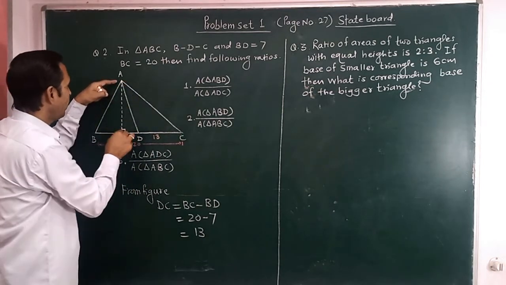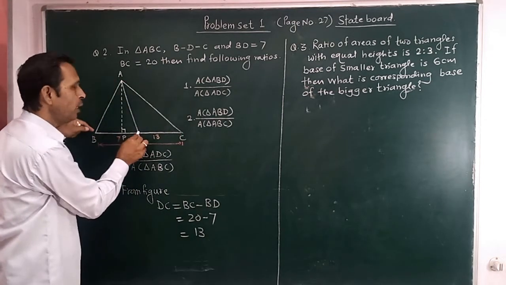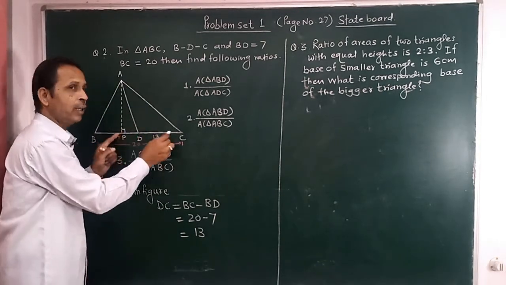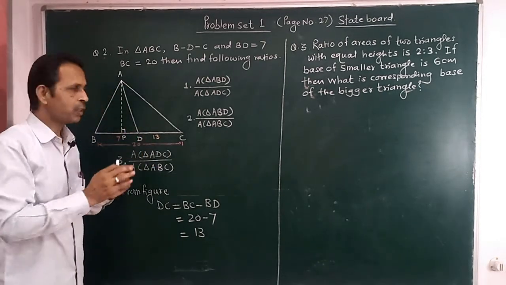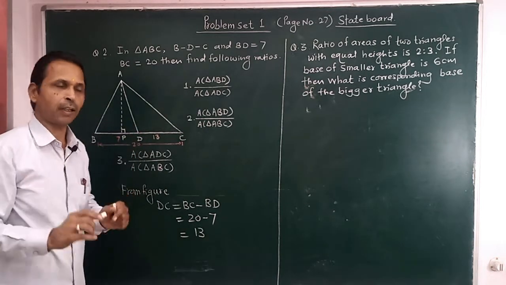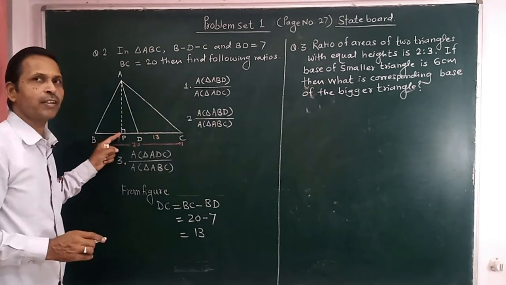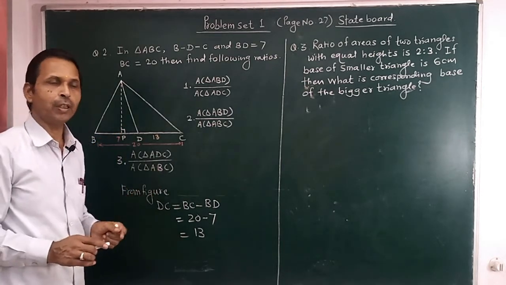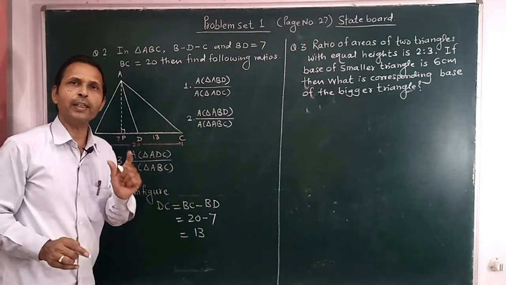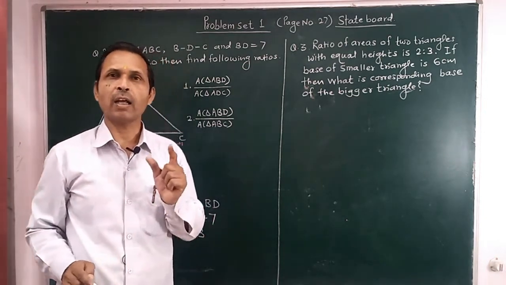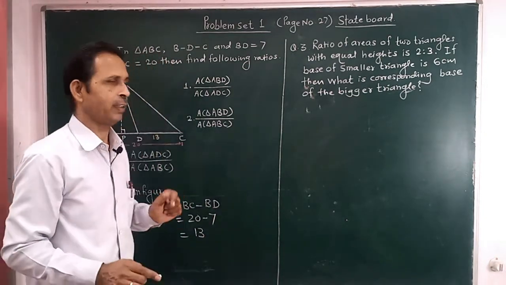This is the height of triangle ABD also, and this is the height of triangle ADC also. Means in this figure there are three triangles, and the height of all these three triangles is the same, that is AP. Means if you take any two triangles, we will get that these two triangles have the same height,